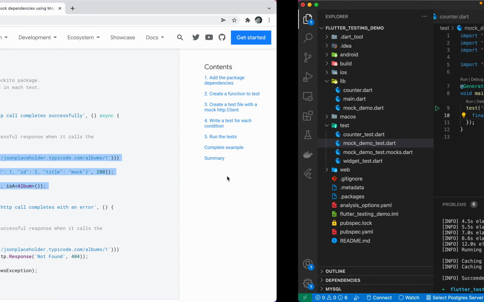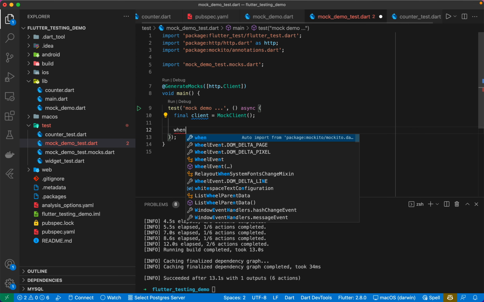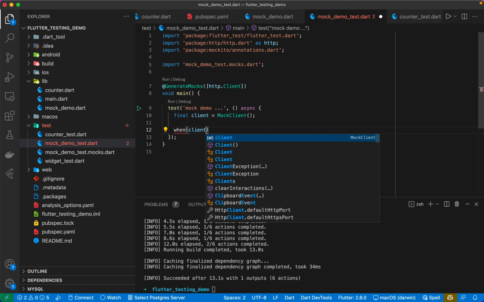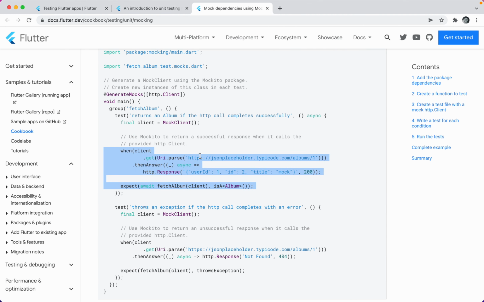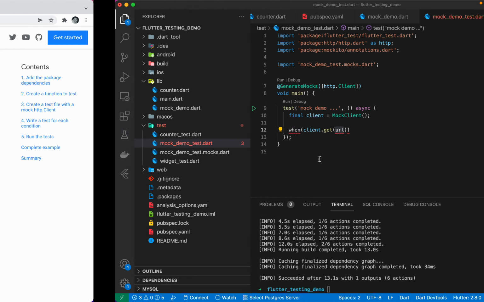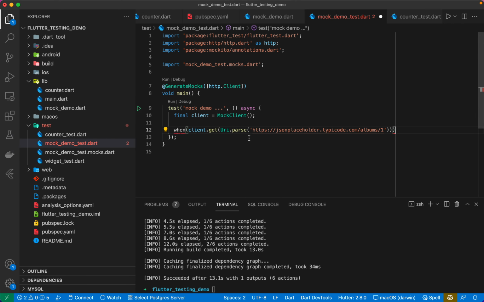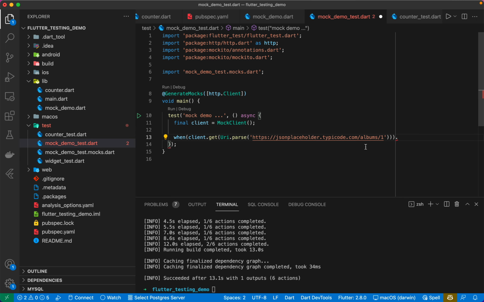So when client.get is called with this specific URI, I am passing when. For when we need to import Mockito, then thenAnswer,